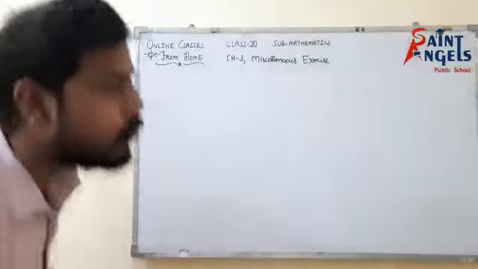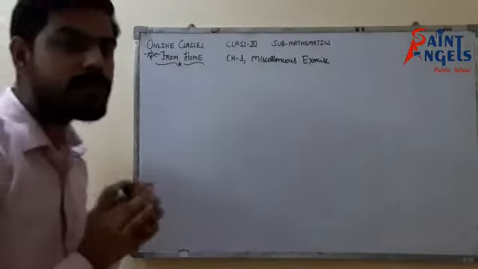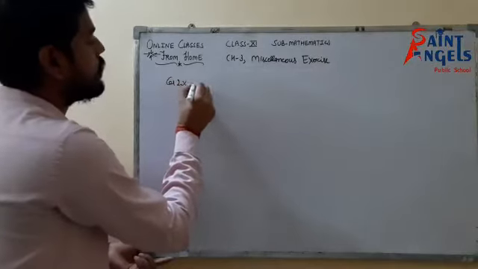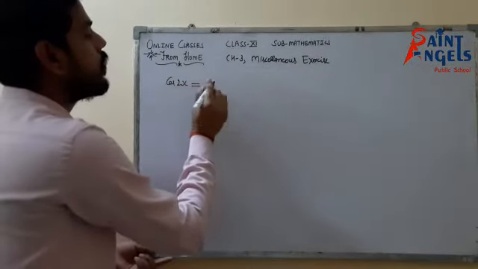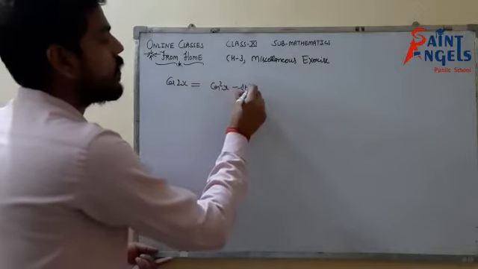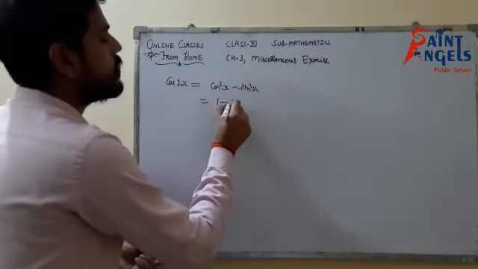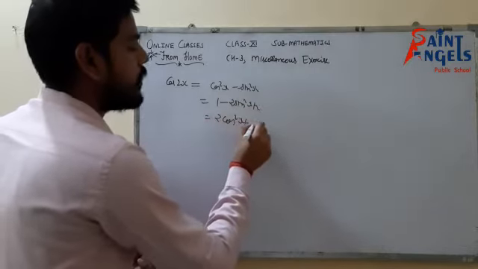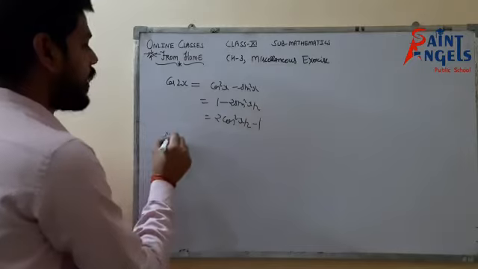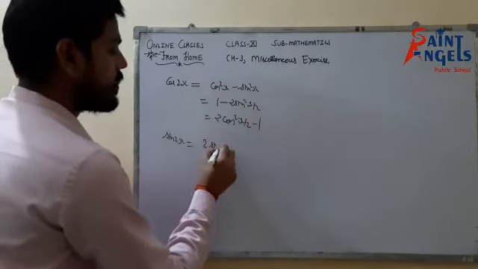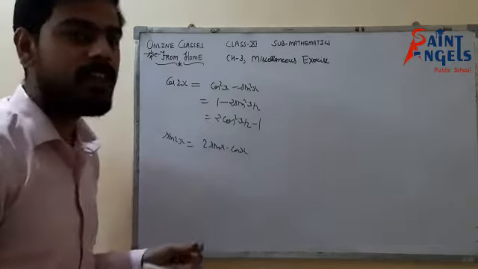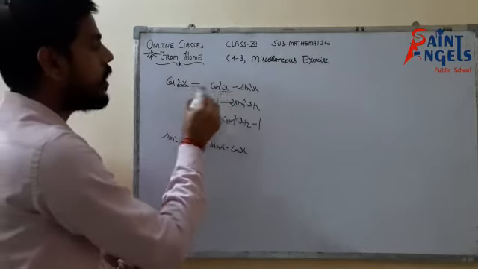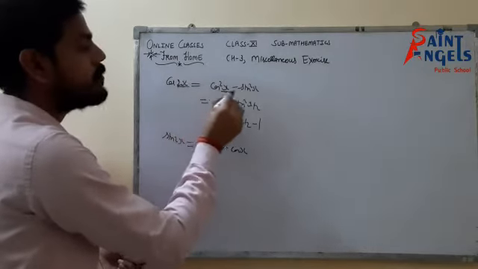Before we move forward to questions 8, 9 and 10, these three questions are similar. We have to know the half angle formula. As we know, cos 2x was cos square x minus sin square x, 1 minus 2 sin square x, 2 cos square x minus 1. Similarly, sin 2x was 2 sin x cos x. So one thing is very clear: when the angle was twice, 2x, then in the formula we got the half angle of this, means x.